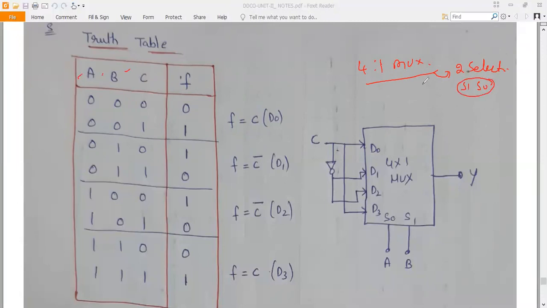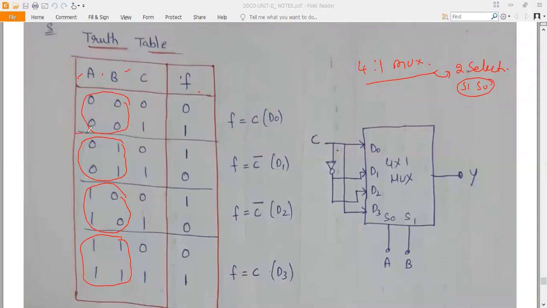What I'm taking, if you look into this table, is that AB is common for the first two rows and C is varying from 0 to 1. And AB is common for the next two, and C is varying from 0 to 1. This is also the same case, and here it is the same. I am dividing it in this way. If you look into this, you can easily understand. Now compare the function.